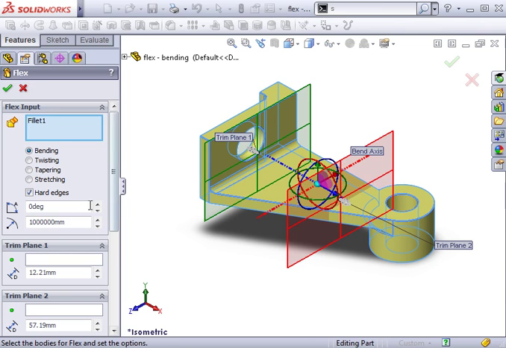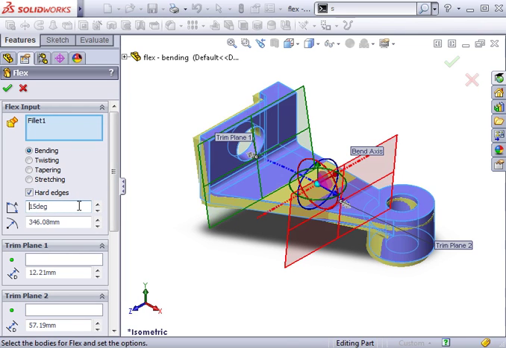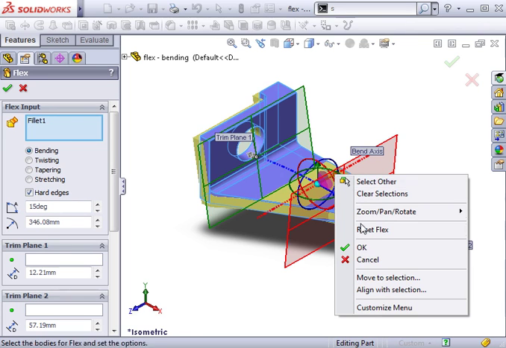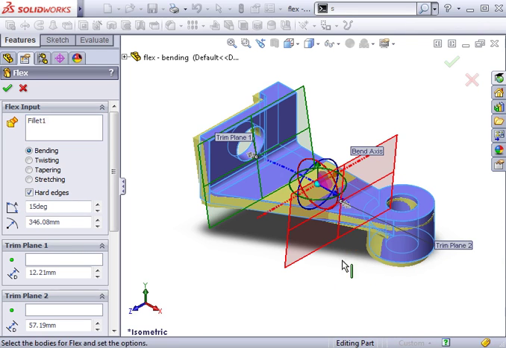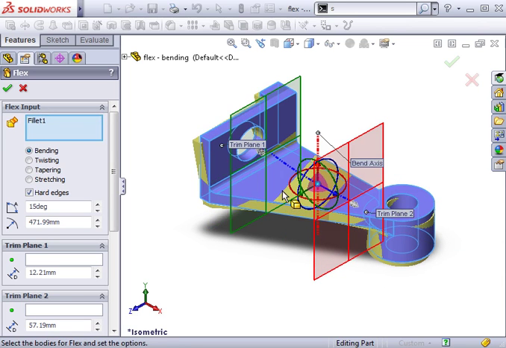At the moment, if I specify a bend angle of 15 degrees in the Property Manager, you can see the model will bend downward around the red axis. I would like to bend the model around the green axis. Unfortunately, I can't just tell SOLIDWORKS to do this. I have to change the orientation of the red axis, which is always the bend axis. I'll right-click the red arrow of the triad and select Align with Selection and choose the top flat face. This makes the red axis perpendicular to the flat face, and the model is now bending in the direction I